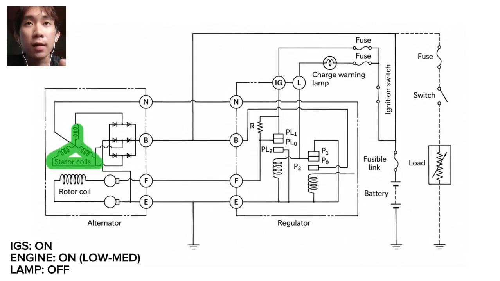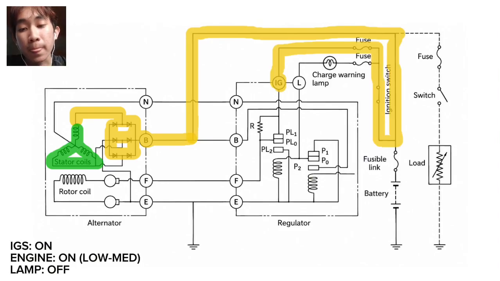So instead of going back to the beginning, that is from the battery, we're going to explain the electricity that the stator core produces when it is energized. So from the stator coil, the supply current goes to the rectifier diodes and into the B terminal of the alternator and then up to the